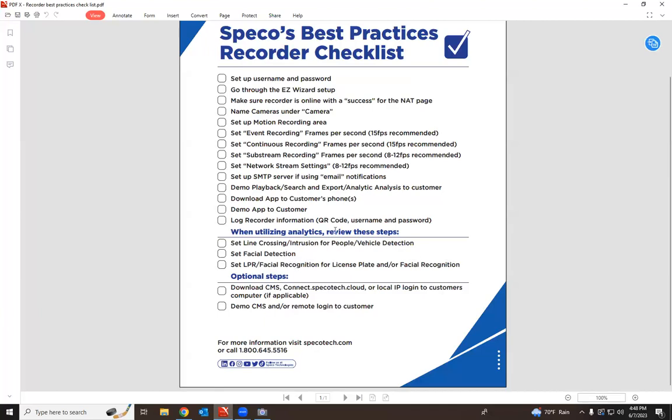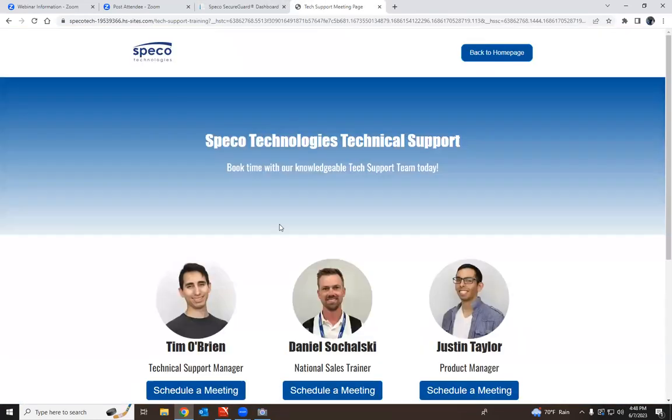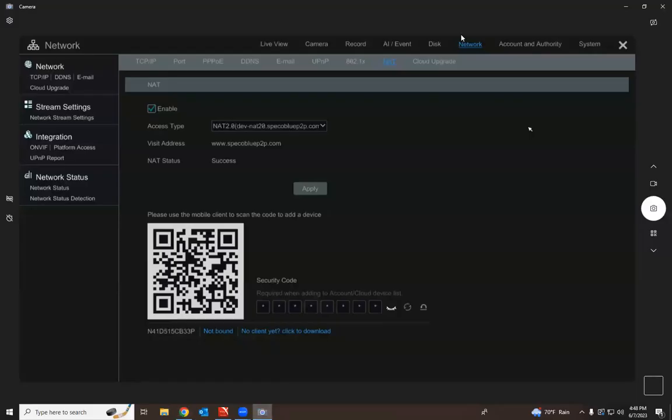When utilizing analytics, review these steps: set line crossing, intrusion for people, vehicle detection, set facial detection, set LPR, facial recognition for license plate and/or facial recognition. So I'm just going to show you what this looks like. If you want to know more about how to set these things up, then you'll want to watch the webinar. There's a webinar on all 3 of those, but if we go into the recorder,